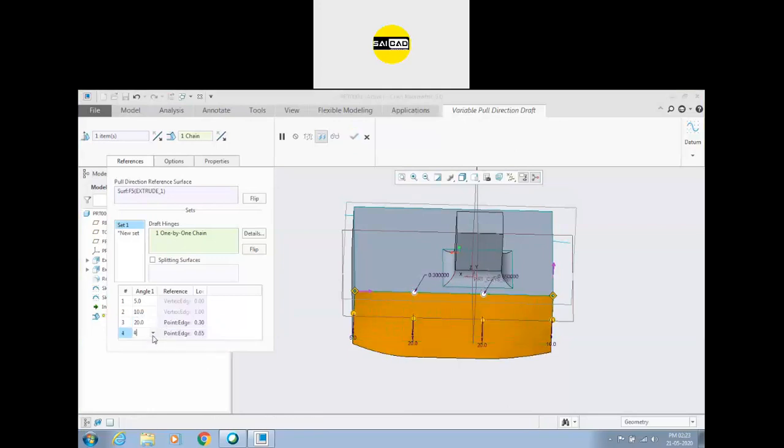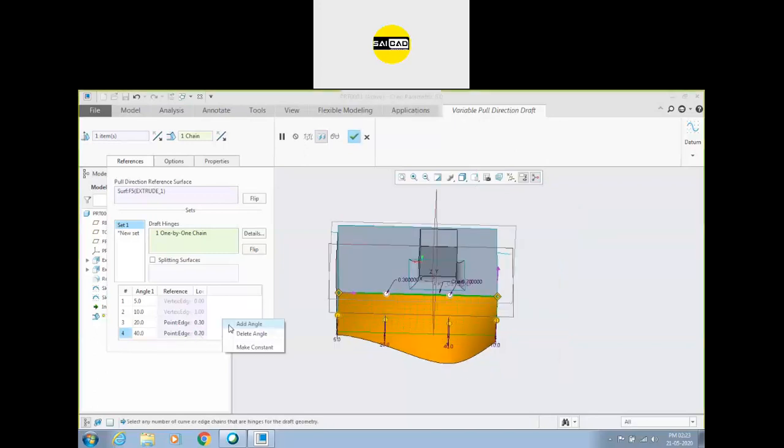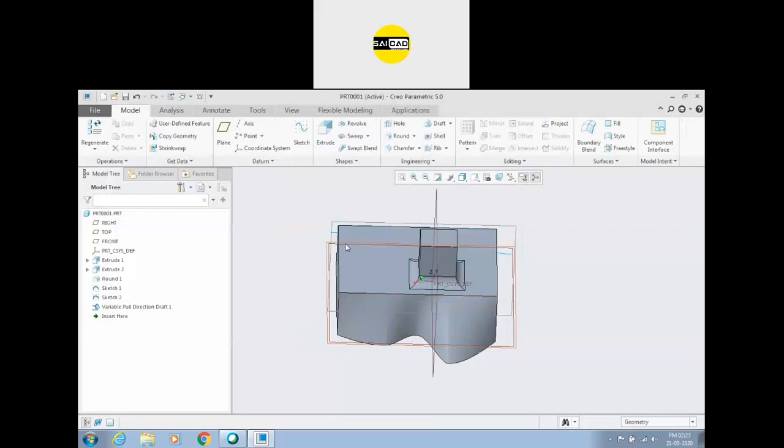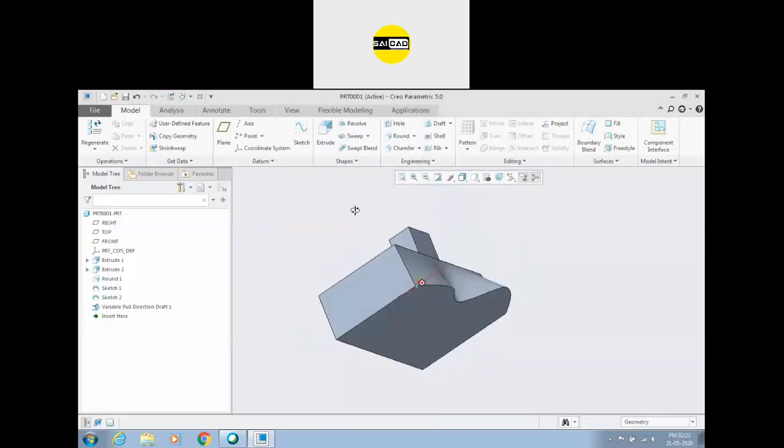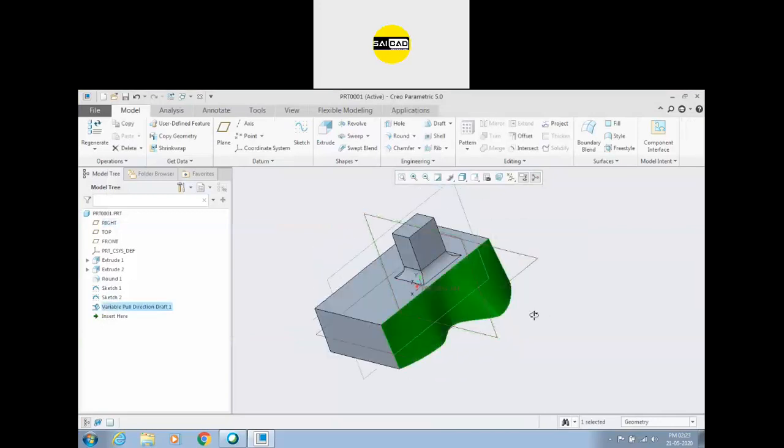Add angle, I want that to be 40 at 0.70, and add angle, I want that at mid, and that should be 0.3. Okay, that should be 3 degrees. So click OK. You can see this is the variable type of draft.